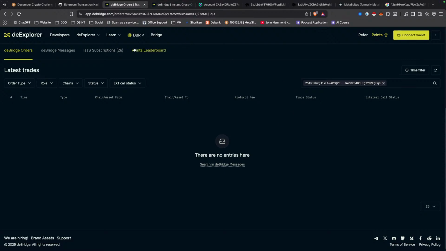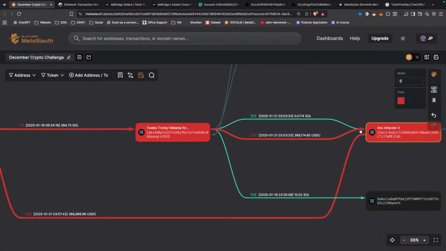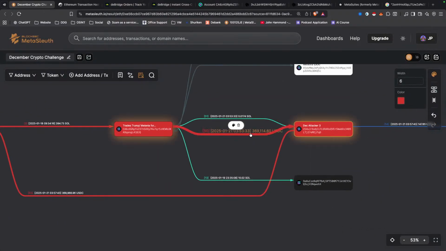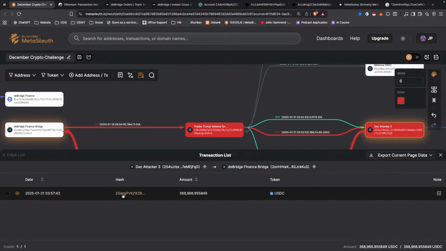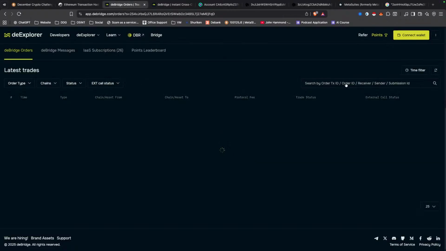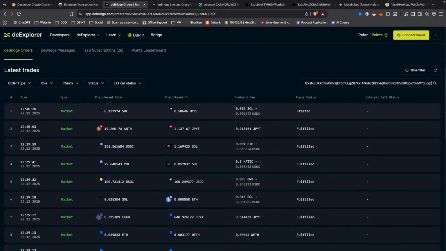Okay, no entries found there. By the way, this sometimes happens. So let's take the transaction hash. Let's put that into there. Okay, doesn't seem to be working either.